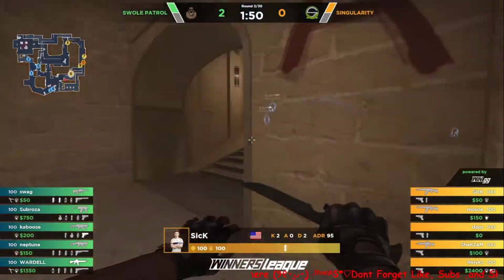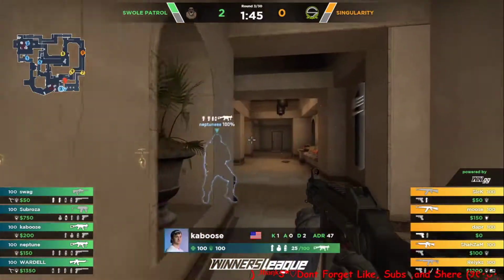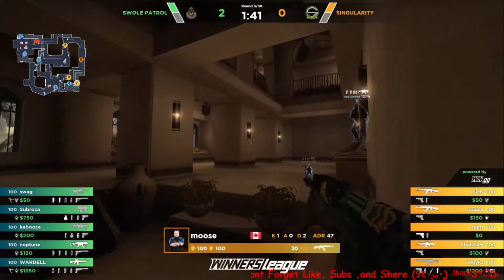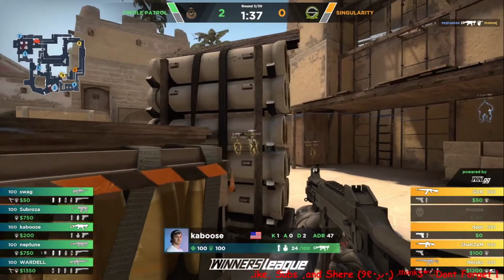That's nuts. Huge clutch there to save Swole Patrol that early swing. Or save them from what could have been an early swing for Singularity. At least a disaster reverted. That's for damage. Moose attempts the push in by himself. He gets caught off by Neptune, but...